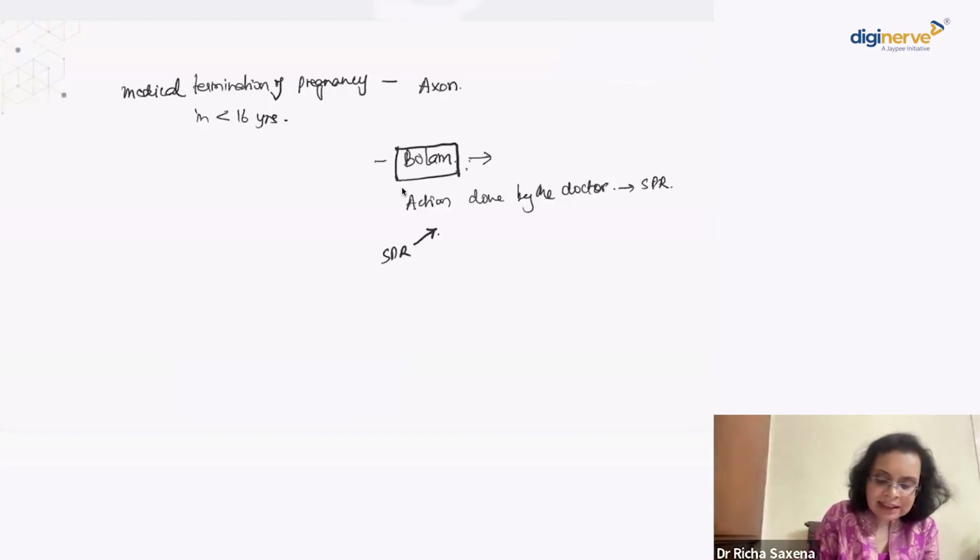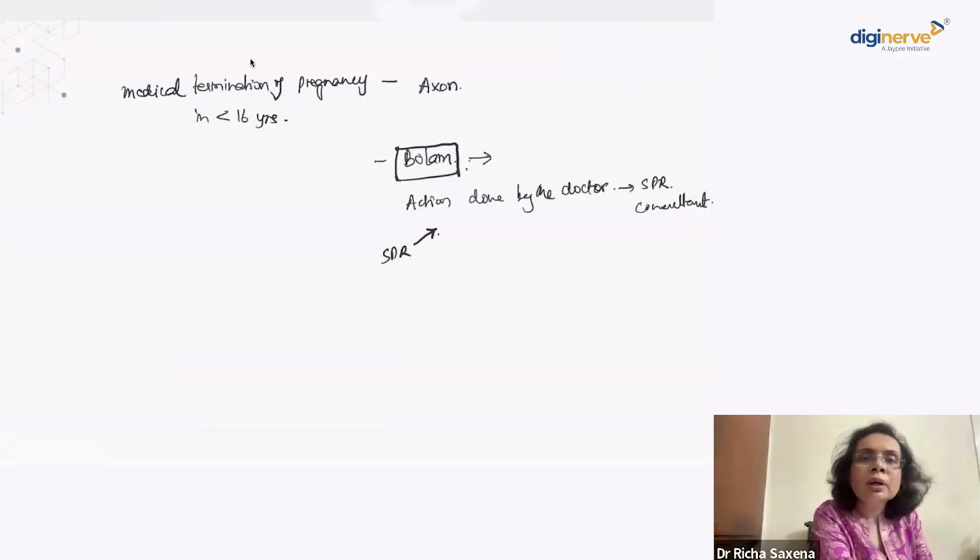So if the action was taken by a doctor who was a consultant, he would be compared with other consultants, what other consultants would have done. This is also sometimes a concept which is asked, and that was all for today's session. If anyone has any questions, I can take them. I'm getting several questions. Can you explain this Gillick's competence, how it came into action? I'll do that. I'll take a fresh slide.